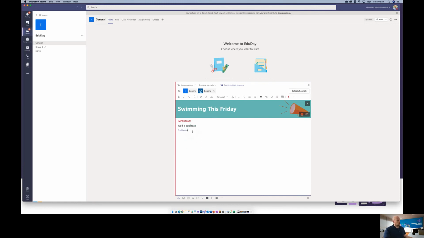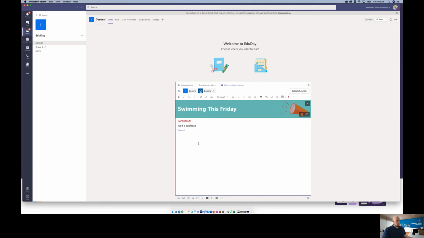And I might also include the other team. Actually, what we would want to do if we want to do both teams, we would do at, and then we would write the channels that they've gone into. So this is going in the general channel, so I would write general. Basically, everyone in the general channel who belongs to that, which also happens to be everyone, will be notified.